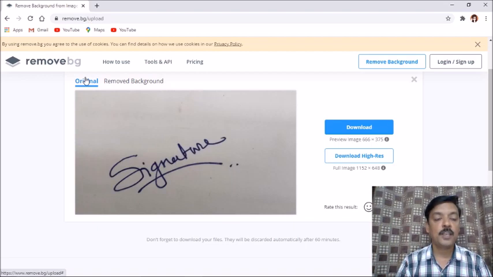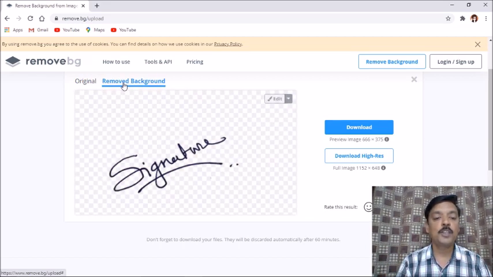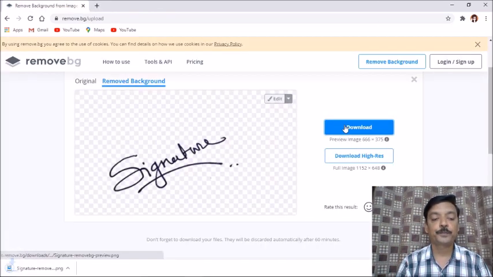And you can see there is a white background. On a white background I have made a signature, and now I'll choose another option, and that is remove background. The moment I choose this remove background option, my signature is getting converted in such a way that I have signed on a transparent background. So I'll click on the download option. My signature is getting downloaded in the download folder, and again we'll move on to the same certificate area.